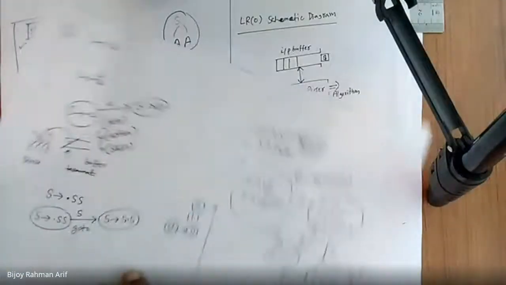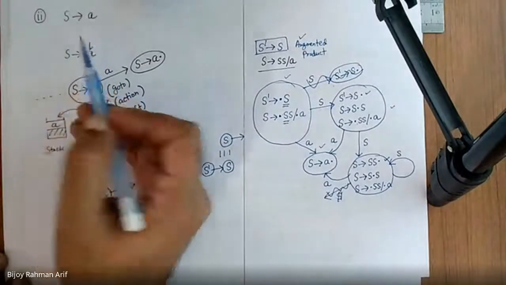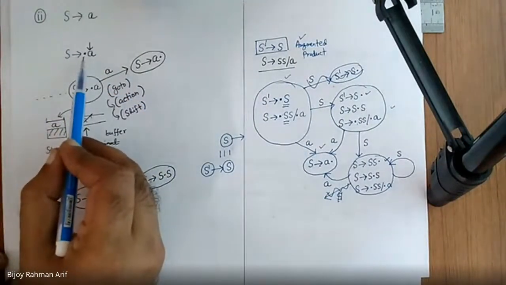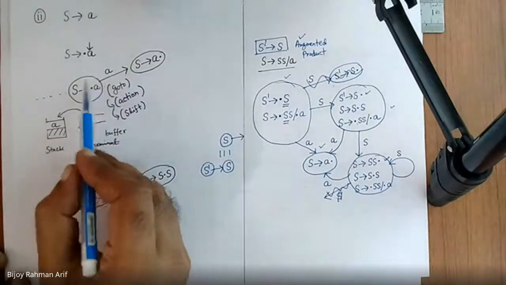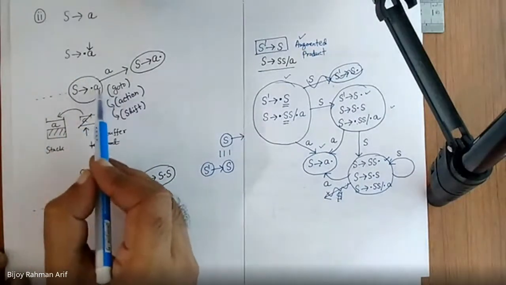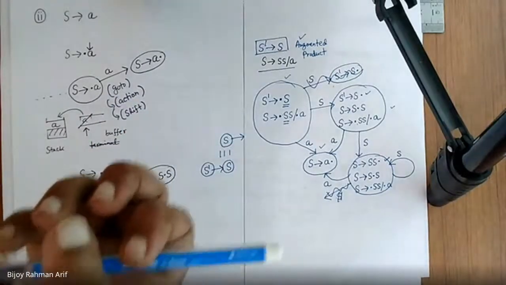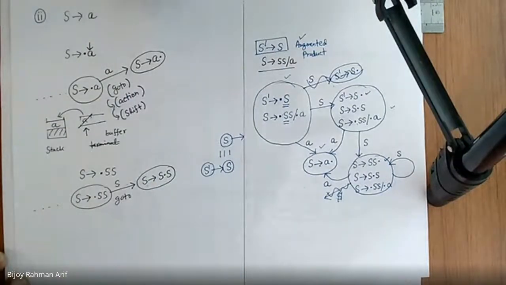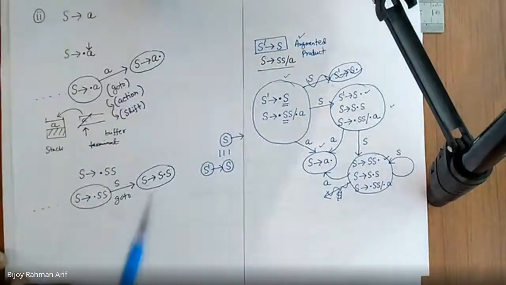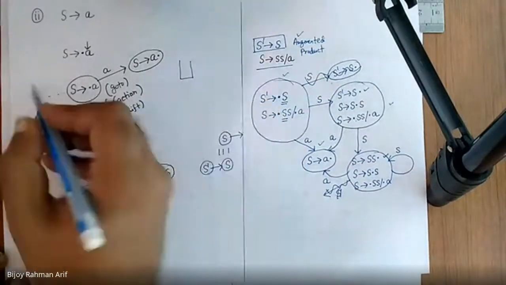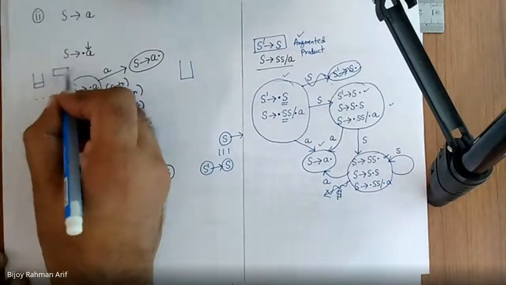Now what is goto? Let's take one example. Let's take S derives small m. Now if you consider the closure operator at the beginning, then what happens? This is the case of the production, S derives closure operator A. Now, if you take A out of the buffer and put it in the stack, then what would be the case? You have already encountered A. So right now, in this case, the stack is empty and the buffer has an A.